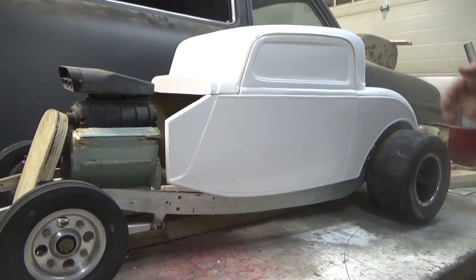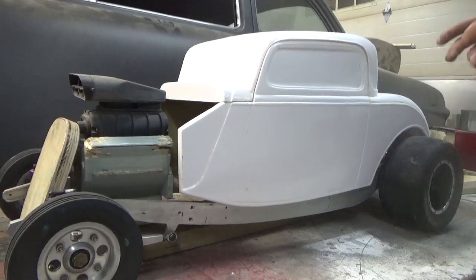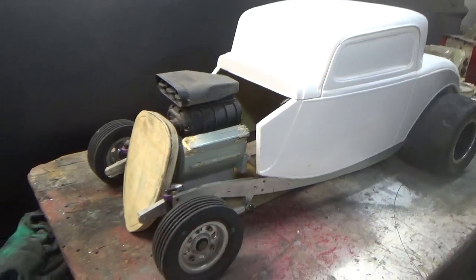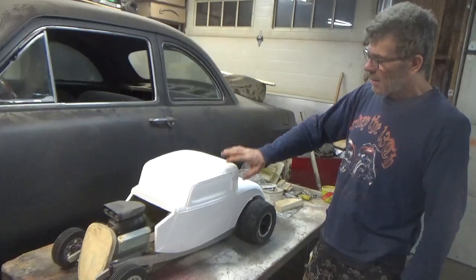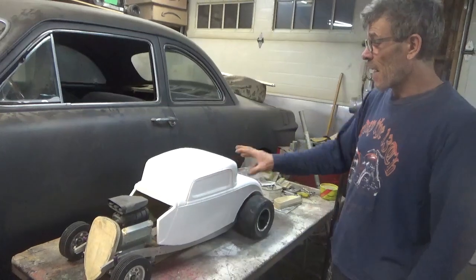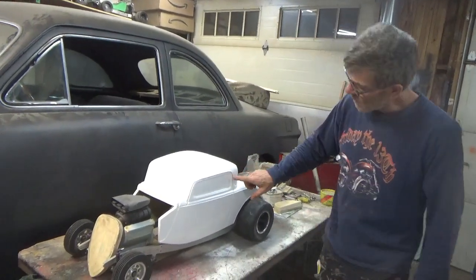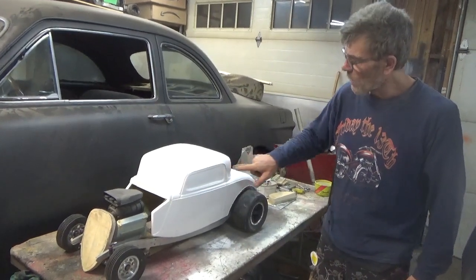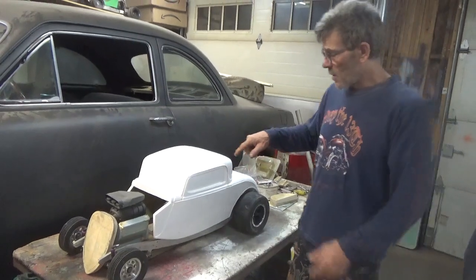thinking. This would be considered a high boy. We don't want to build a high boy. I guess we want a low boy, though I don't think you call it that. But yes, when I put these pieces together from the molds that I borrowed, this section of the door was kicked in about 3/4 of an inch. And basically,